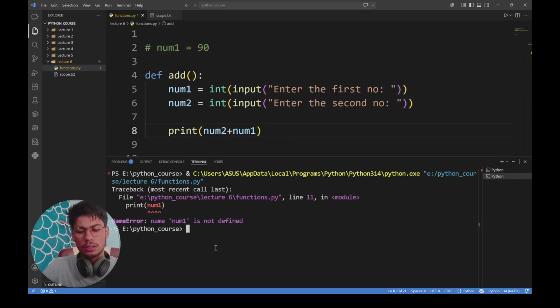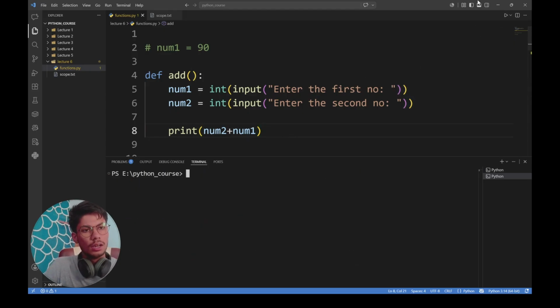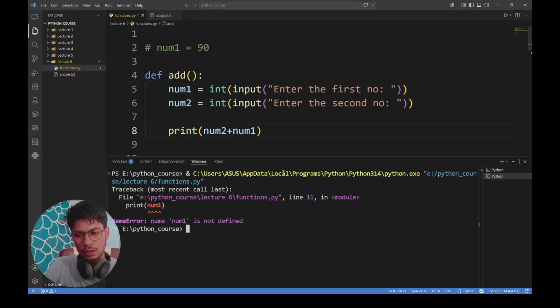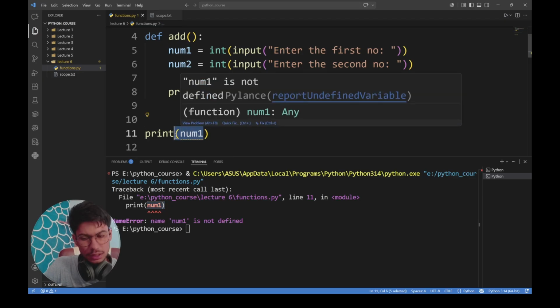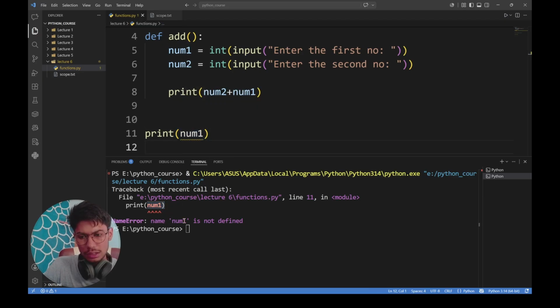Let me clear the terminal, and now you can see that it says